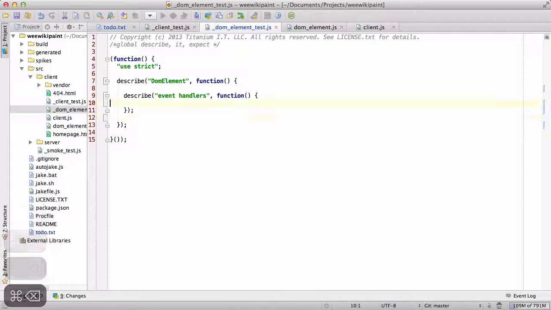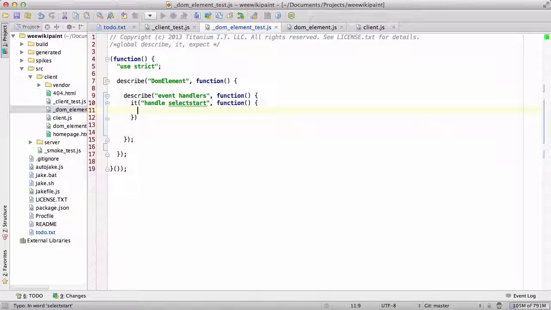And the event handlers, it should, or really just does, handle select start. And I think the way we can test this is we can say,